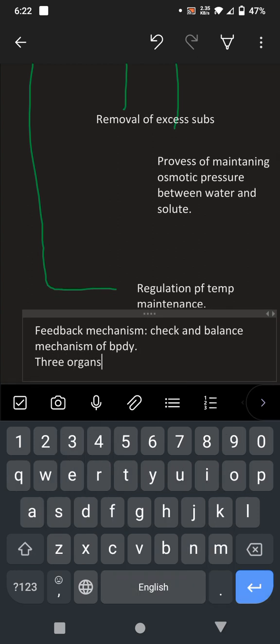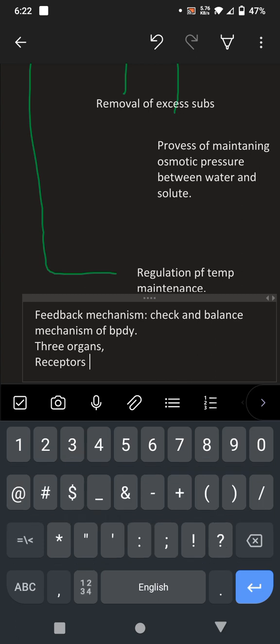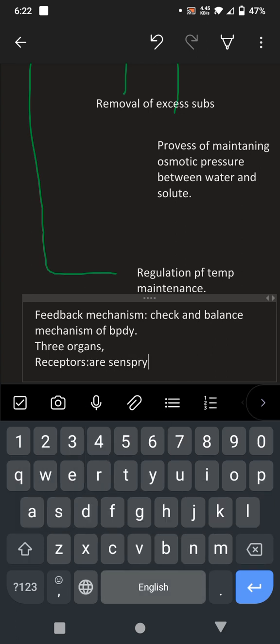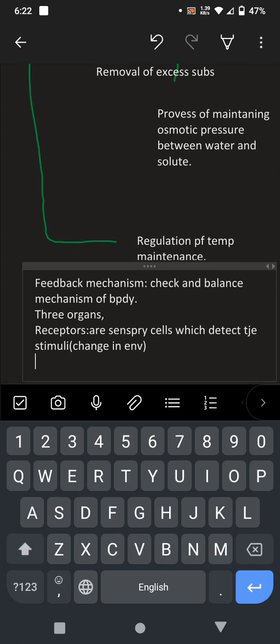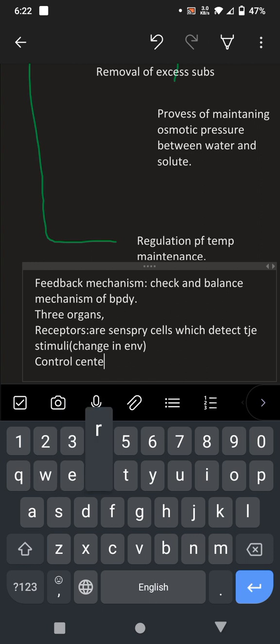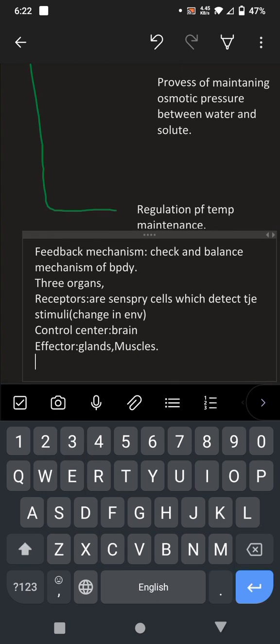It requires three organs. The first one is receptors. Basically these are the sensory cells which detect the stimuli. What is a stimulus? A stimulus is a change in the environment. Any change that takes place in our environment is known as a stimulus. Then we have the control center, the second organ, which is the brain, and the third organ is the effector, which is glands or muscles. Okay,